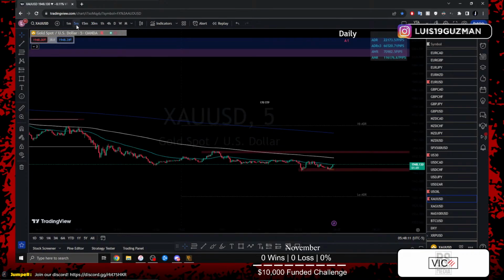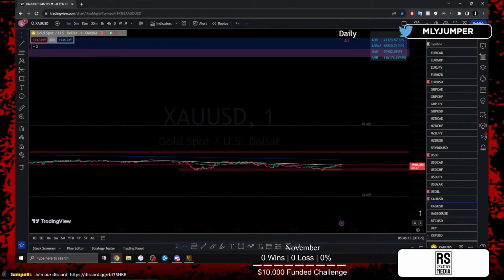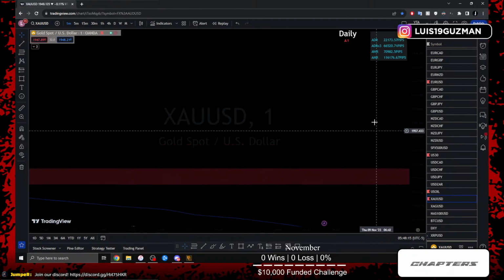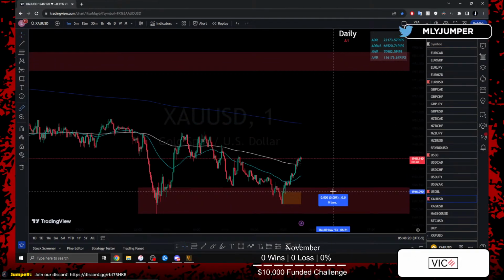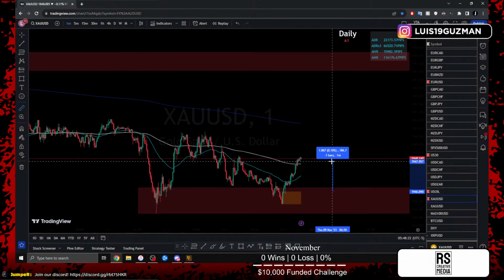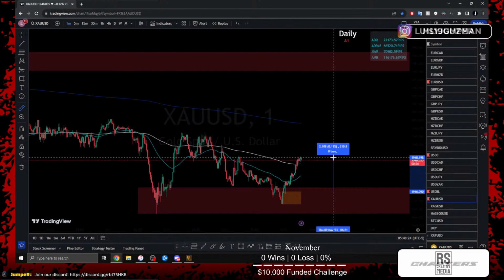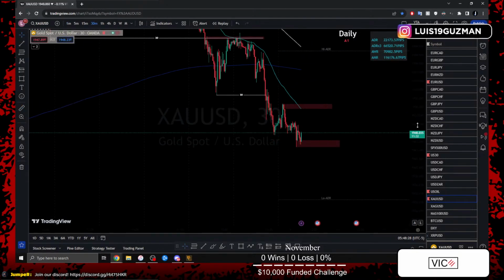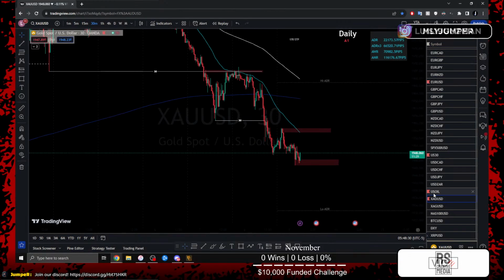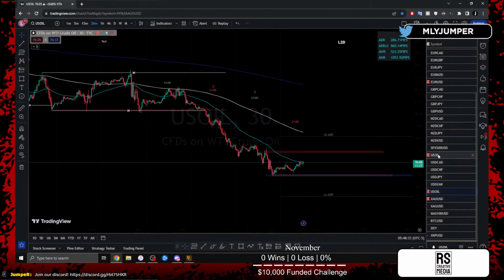Oh, let's look at our gold entry, right? Our gold entry was beautiful. Literally from here, would already be up 10 pips. We would already be up 20 pips on gold. We'll take a look a little bit later. Let me focus on